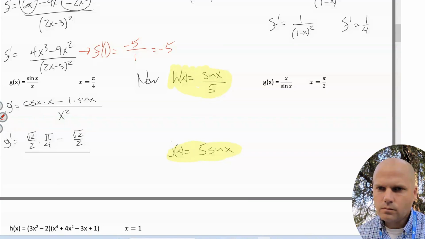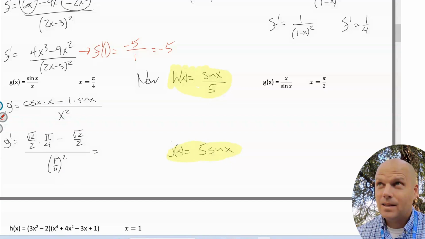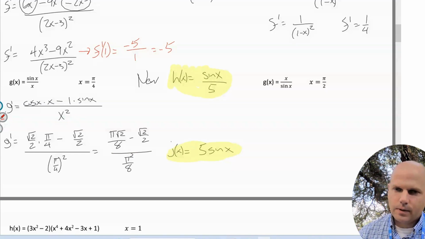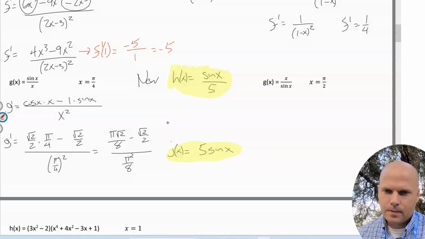Over pi over 4 squared. Let's try to simplify. Pi root 2 over 8 minus root 2 over 2, over pi squared over 8. Multiply the top and bottom of this by 4 to get 4 root 2's over 8. Now I have